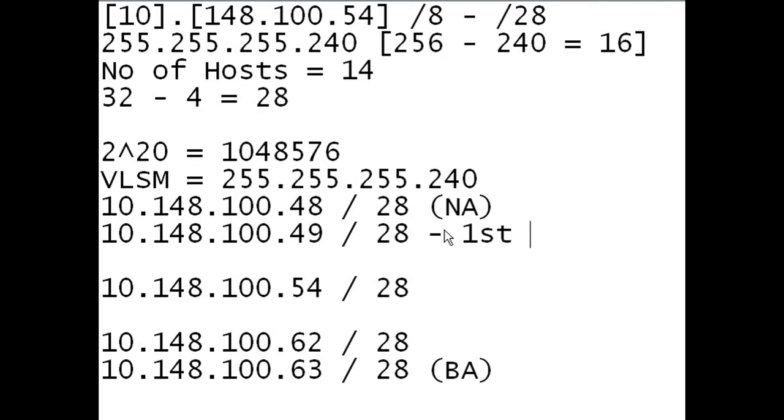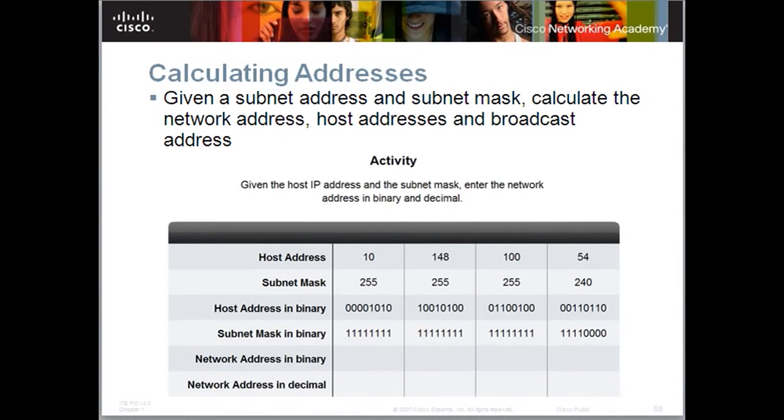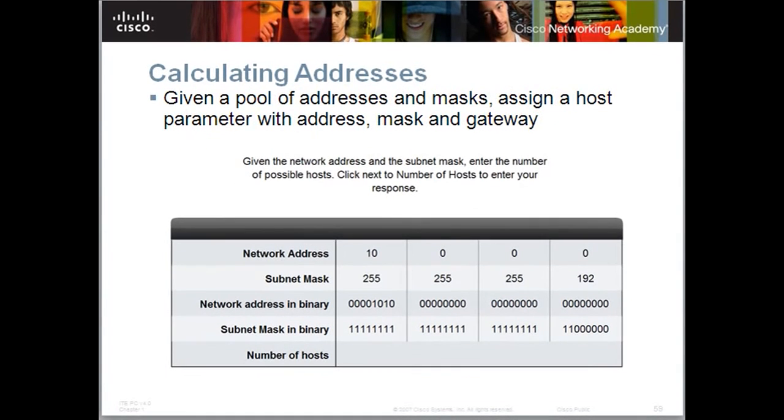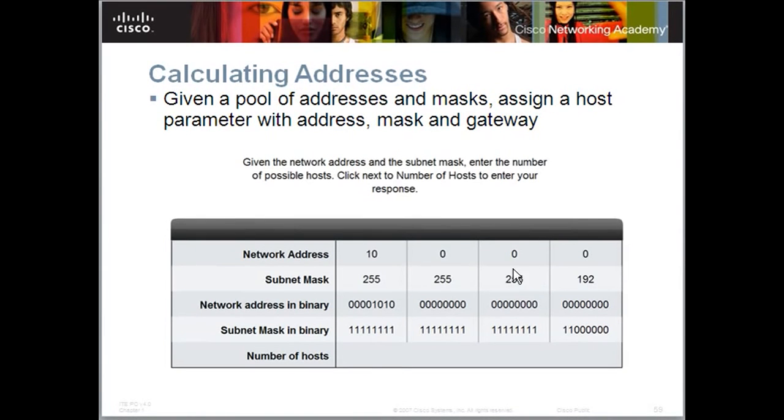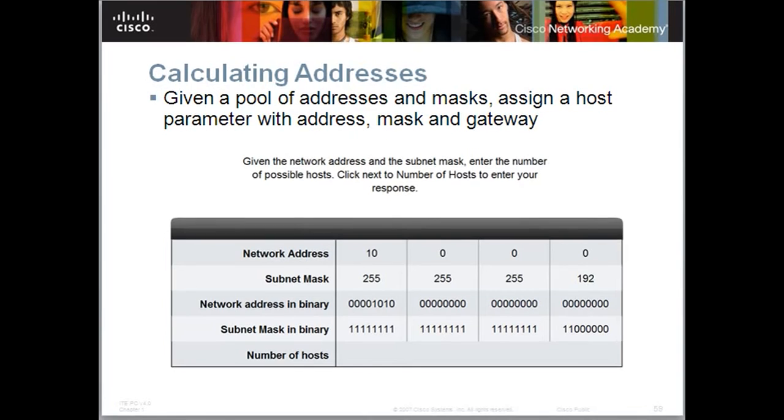So this is the initial network address, and after that we are setting 192 as a subnet mask and creating different subnetworks. Now this is the next one: given a diagram of a multi-layered network address range, you have to calculate all those things. So this is the second one, it is given